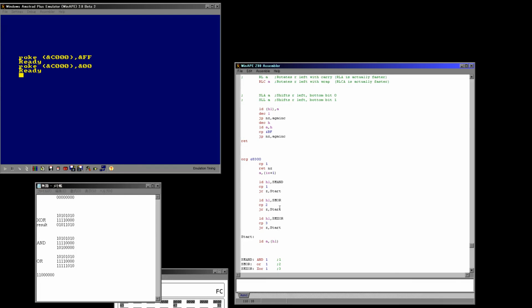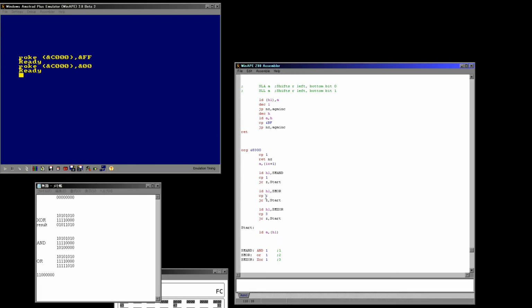And what we're going to do is use the command that was specified by the high byte of the parameter that was passed. So we're now going to be loading the byte that makes up the AND command, the OR command, or the XOR command. And then we're going to load, and we've not written it yet, but we're going to load self-modify